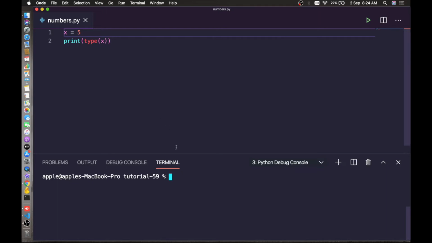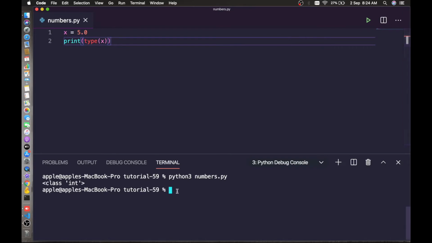The first one, x equals 5, is the integer type, right? If I change it to 5.0, it will be different. Let's run this again. Yes, this is float, a floating point number.